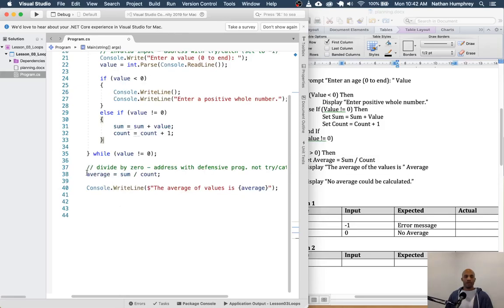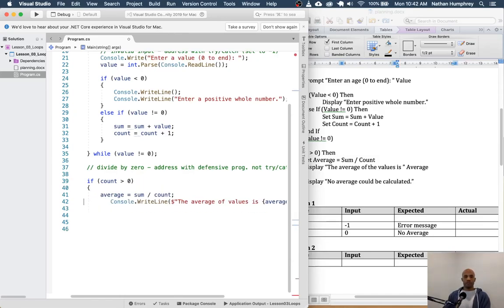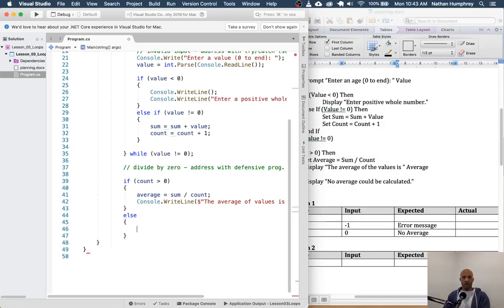And then finally, we can do the same thing down below. So to deal with this divide by 0 issue, we can ask the same question. So if, in this example, the count is greater than 0, then we can calculate the average. And we can display the message to say, hey, this is the average. Else, we know that we don't have an average to display, so we can go to the console,